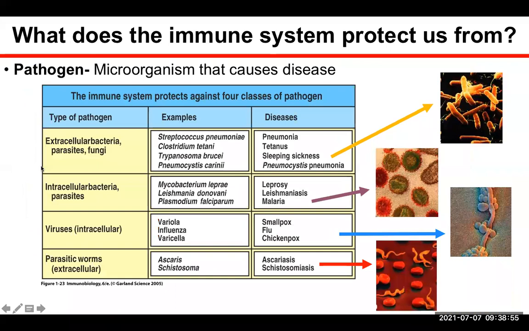So what does the immune system protect us from? It protects us from a variety of pathogens that cause disease. And here I have a couple of listed ones that are present. And so, extracellular bacteria, parasites, and fungi are going to be common ones. And depending on the size of the pathogen, it's going to be dependent on what kind of immune response is mounted. I'll get more into depth about this tomorrow, but just as a preface,